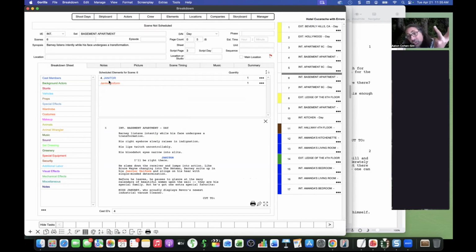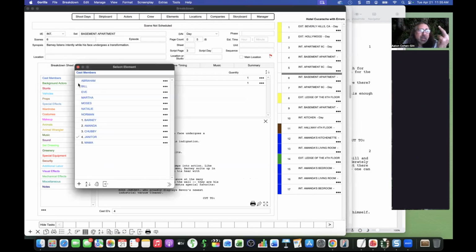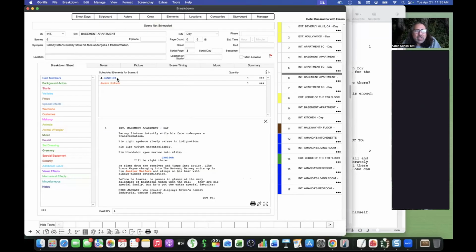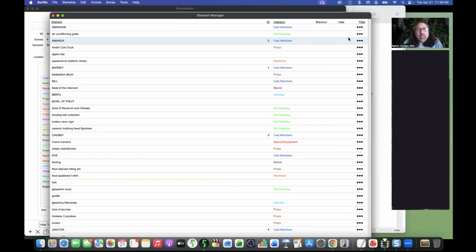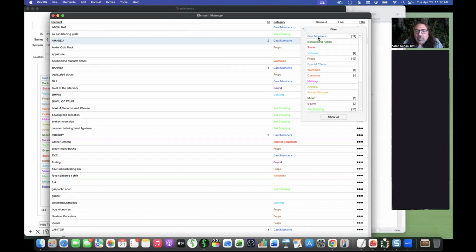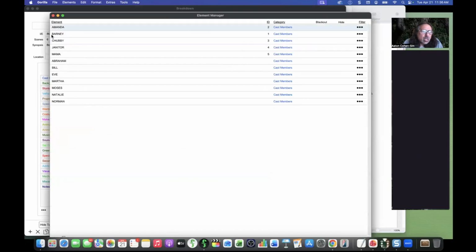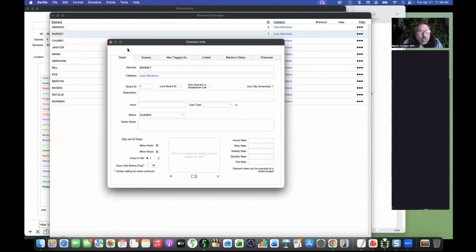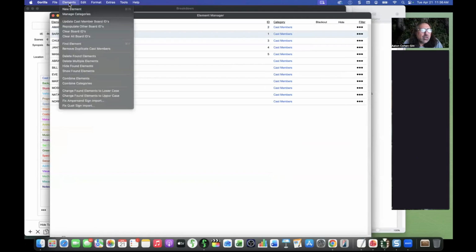Now, again, I could go over here and add Barney and then delete. I could do that, but what if I have janitor here 7 or 8 times in 7 or 8 different scenes, right? So the proper way to do that is we're going to go to elements. We're going to go to cast members. We're going to go to Barney. And what we're going to do here, I think we need to do it. Is it here? Hold on a second. I think it's here. Combine